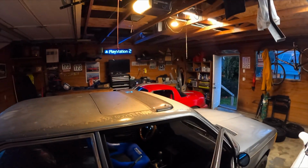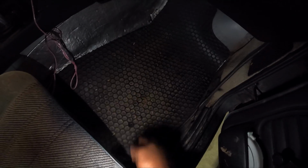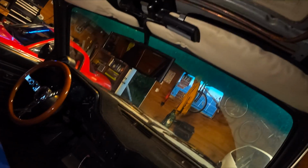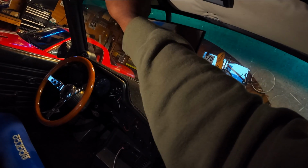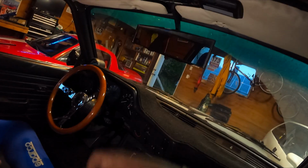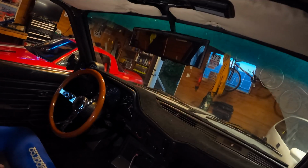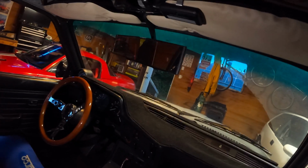So on the interior here, it's semi-strip. I love these carpets. I got them from Amazon. I don't even know the brand, but they work great. Took the carpet out, some of the interior, and that mainly started because the sunroof broke. It was a manual sunroof, and one day when I was closing it, it broke. The gear that would engage this to move it, the piece it was connected to, just broke off completely, and you would have to get the whole unit. And this car is so old, I can't even find these in a junkyard,